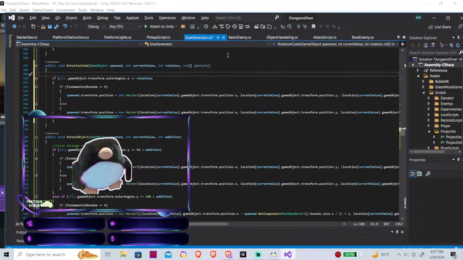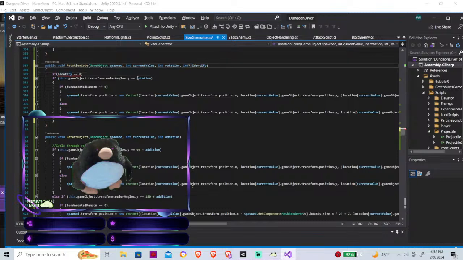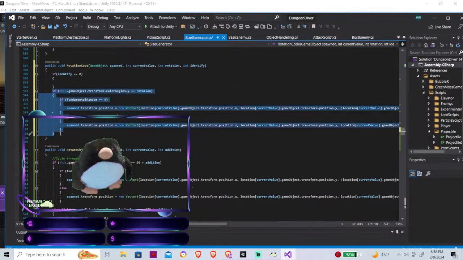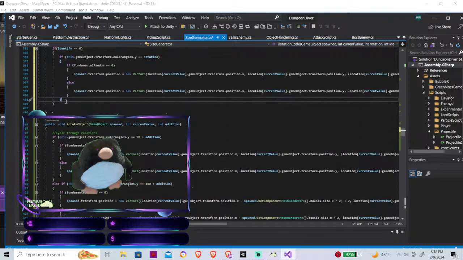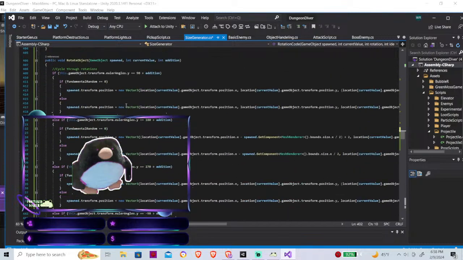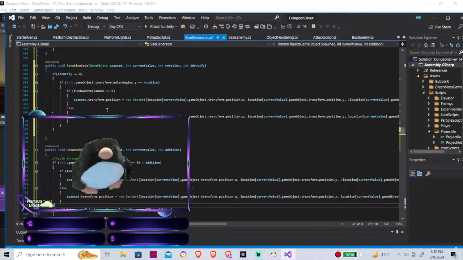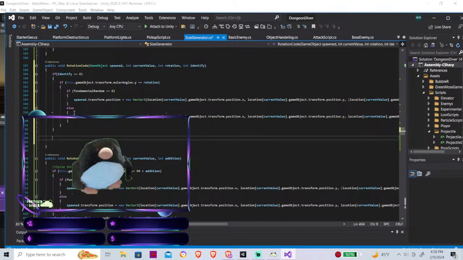So yeah, and then if identify is equals to, oh wait, yeah, no, we could just do base. If identify is equals to 0, and we could kind of do it like that. If identify is equals to 1,